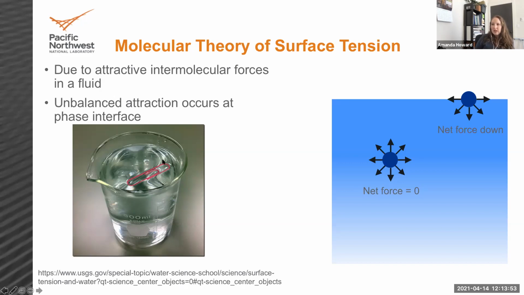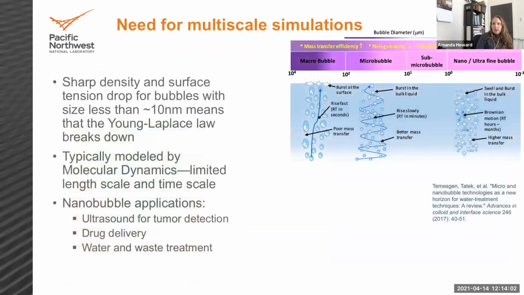So the surface tension is providing a counterbalance to the force of gravity on the paperclip. So the reason we're interested in a non-local model for surface tension is because we need multi-scale simulations for the applications we're interested in. So if you think about bubbles in a fluid, the bubbles you're familiar with are what